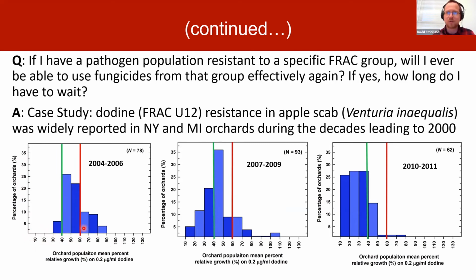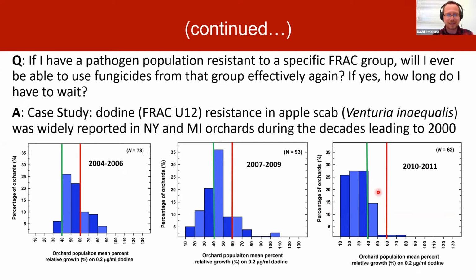So in 2004, right after they stopped using dodine and the resistance was at its highest peak, many isolates were able to grow in the presence of this compound, indicating that they were resistant. And then in 2007, 2009, and then actually 10 to 11 years later from 2000, the amount of pathogen that could successfully grow in dodine had reduced, meaning that it had become sensitive to this compound,